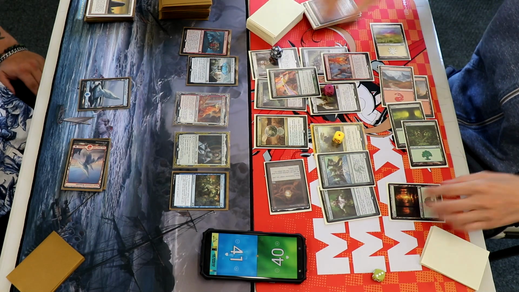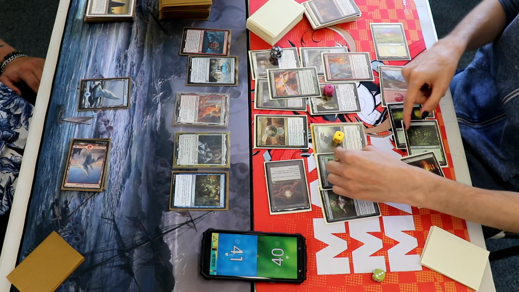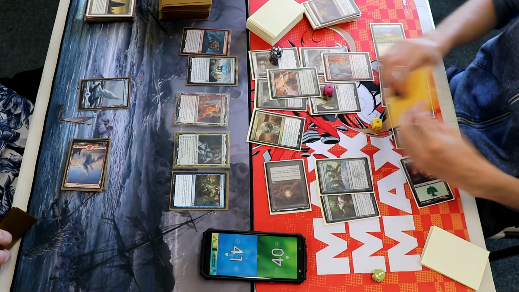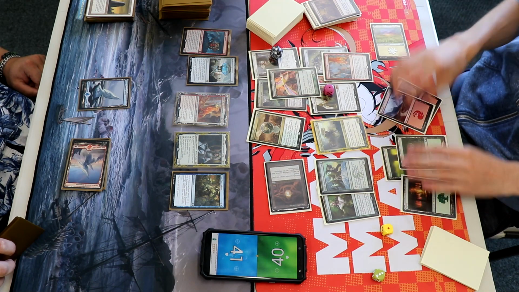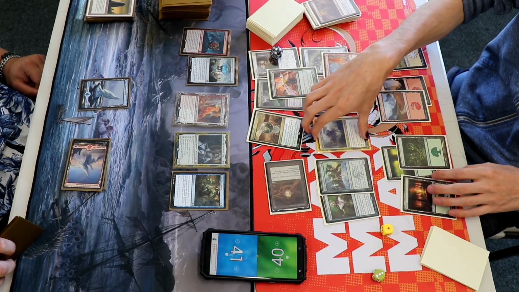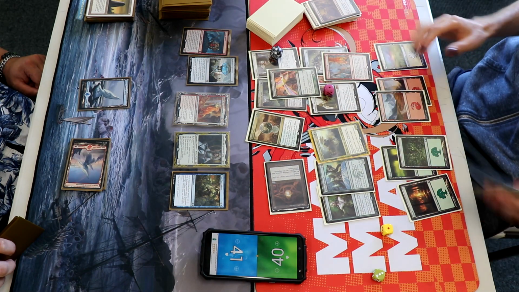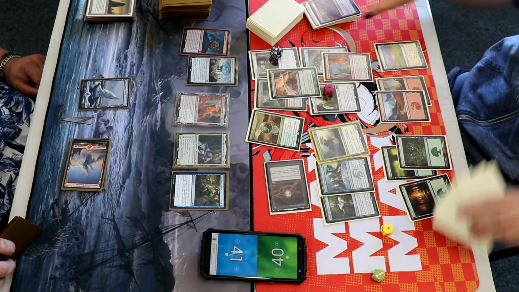9, and I can now pay the 2 to bounce Zacama to my hand via Sabertooth, allowing me to recast Zacama, untapping all my lands. And essentially the loop is I can keep paying and recasting Zacama, generating infinite mana through all my cards, and then